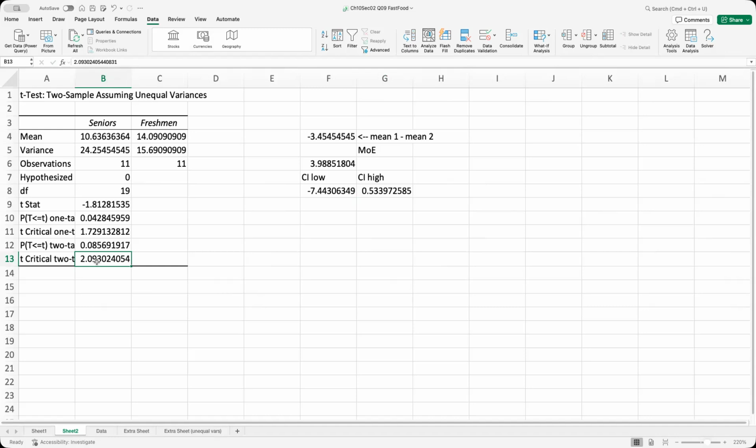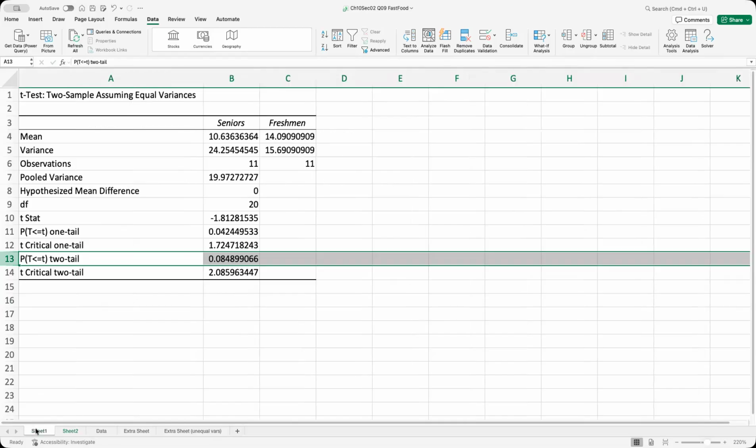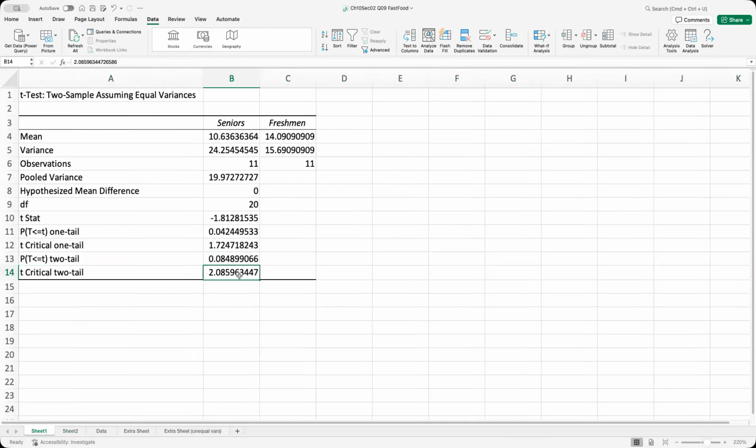If 0 is in my confidence interval, I should, for a two-tailed test, reject. For a one-tailed test, it isn't quite as clear. Notice if I switch to the equal variance version, that T critical two-tail is only a little bit smaller. It's still pretty close, isn't it? So that's still going to contain 0. And that's why in a two-tail test here,